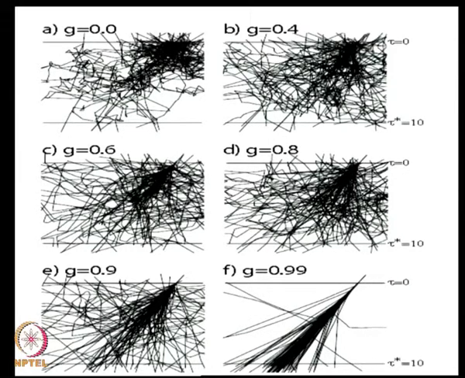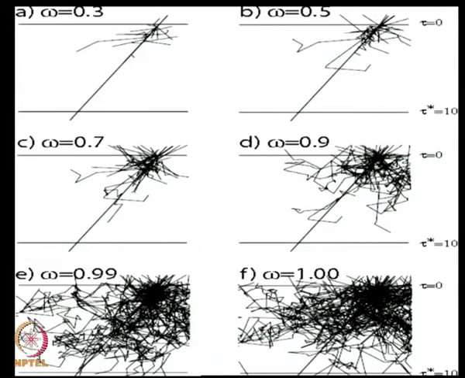So, quite clearly, whether g equals 0 or 0.9 should not matter too much, because of the way this Monte Carlo simulation examines the effect of the asymmetry parameter, but it quite clearly shows that the asymmetry parameter has to be quite close to 1 for you to get the simple forward looking scattering phase function. And the same result as the previous one.